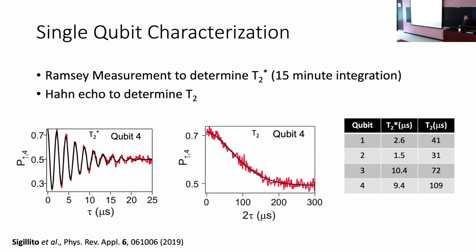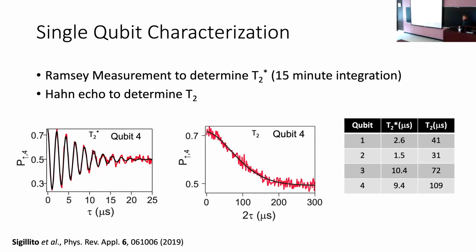If we go back to the early days, pre-silicon, when people were doing things in gallium arsenide, T2 stars could be as short as a few nanoseconds to tens of nanoseconds. They got quite a bit longer as people learned how to control the nuclear environment through a variety of techniques. But natural silicon then was around half a microsecond. And here we're seeing about another order of magnitude improvement in the ideal